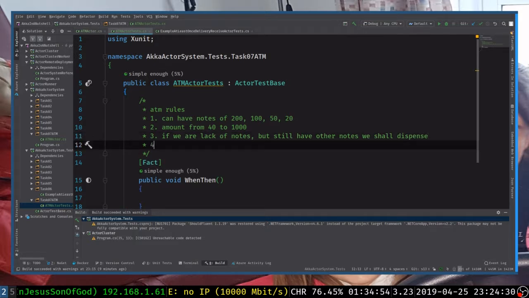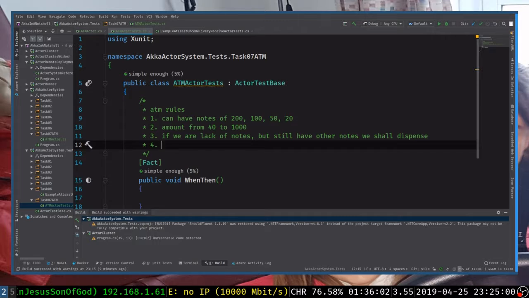That means if I have only 50s and the ATM user would like to get 200, I'm still able to give him 200 using four 50s, without 100 and 200 notes. Okay, so if you lack notes, then